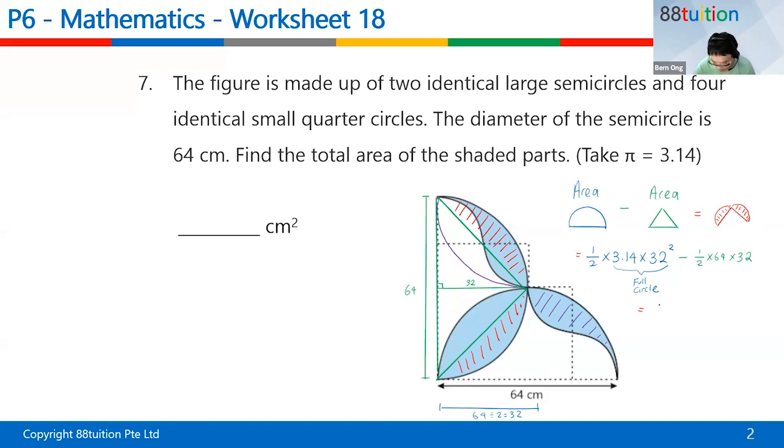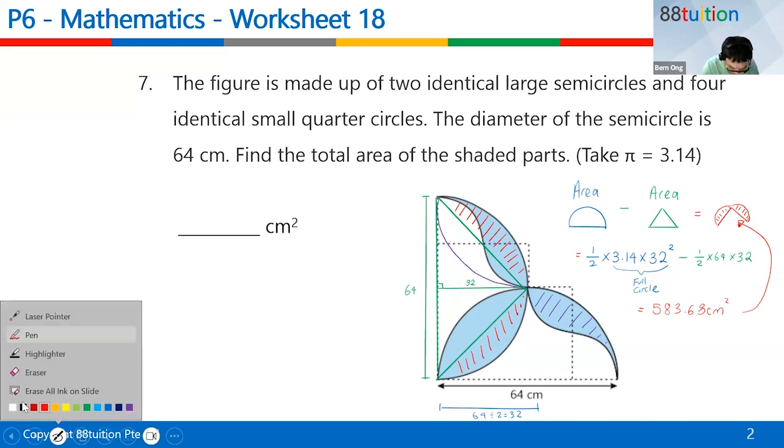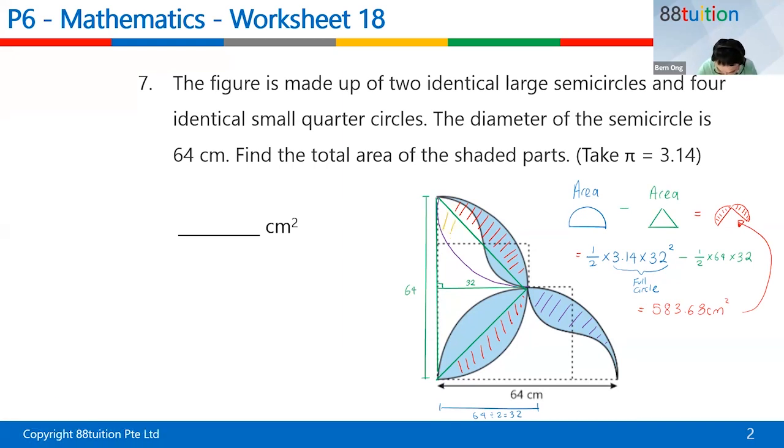Your answer should be 583.68 cm squared for this. And you need 2 sets of it, because the red color is 1 set, and down here the orange color is another set. As what Avery says, like 2 rugby balls. So you have to take your 583